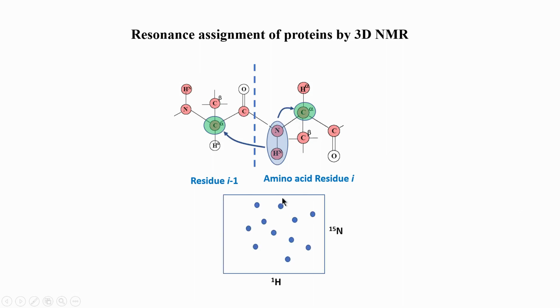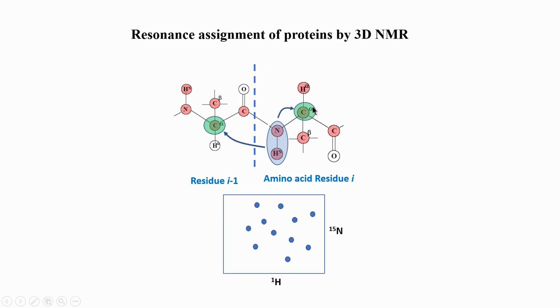Now, say for example, for every peak in HSQC I will basically get the correlations to I and I minus 1. So, I can move to the previous amino acid, I minus 2, I minus 3 and so on. I can also move this side, I plus 1, I plus 2 and so on. How do I do that? I will do it by connecting this C alpha with the next NH here, because remember this C alpha can be connected to the next NH, because it will be the I minus 1 for that amino acid. Similarly, this C alpha can be connected to this NH, because it is the self. So, remember the nomenclature: we will call this self and this sequential.